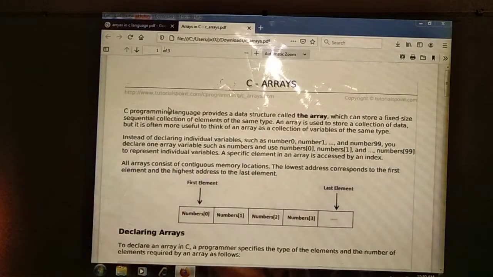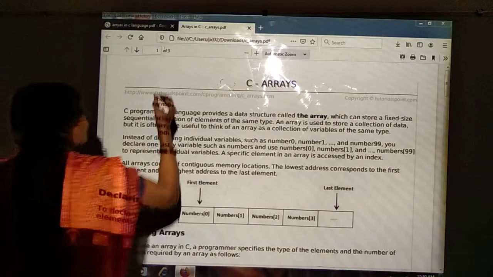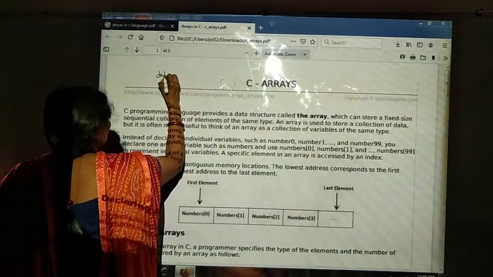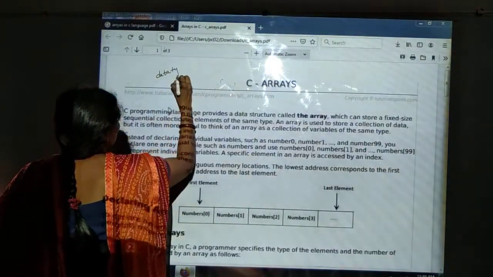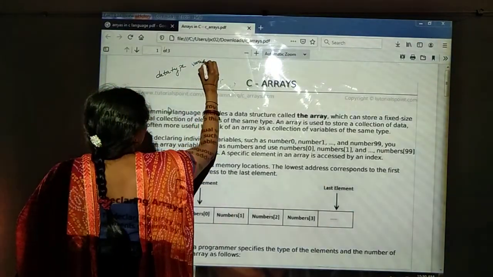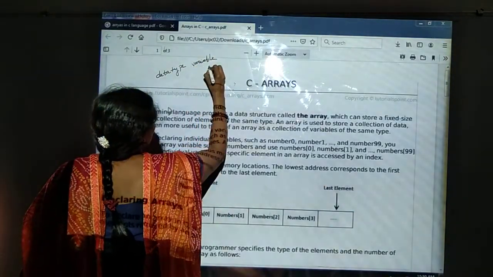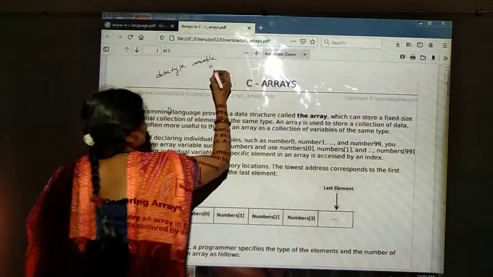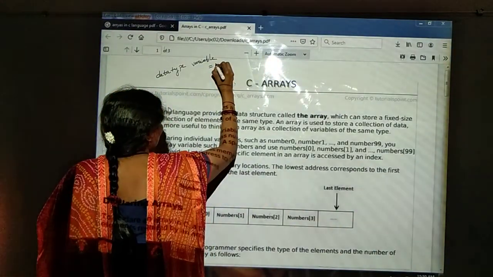Normally we are going to be using the data type. How to declare the variables? First we are going to be using the data type, then the variable name, and the assignment operator we are going to be using to assign a value.